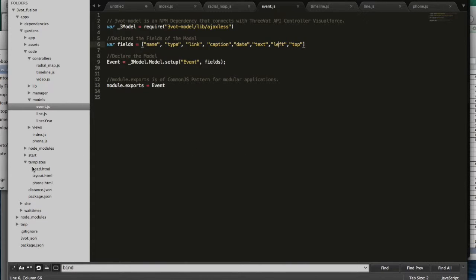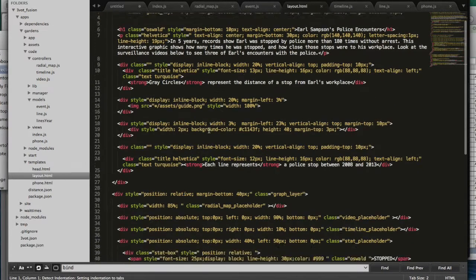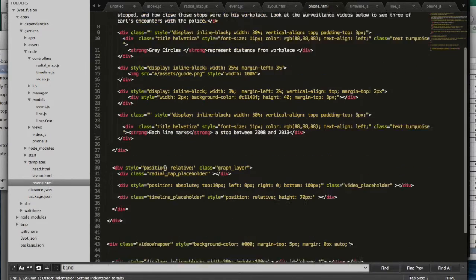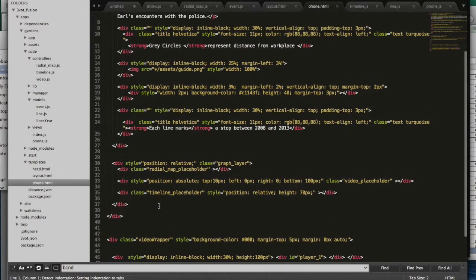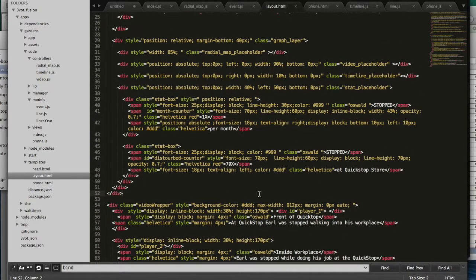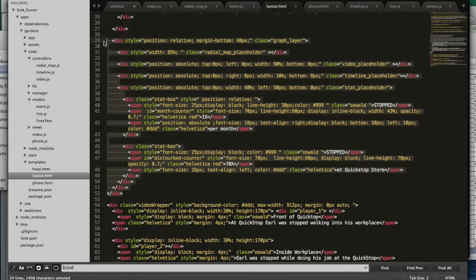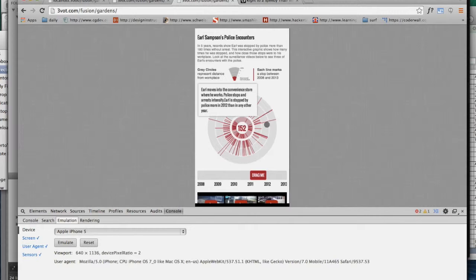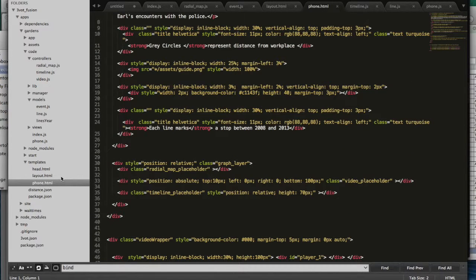Also, we have different starting points. This is the starting point for the desktop version. And as you can see, we got videos here. And this is the starting point for the mobile version. We also have videos actually. What we don't have on the layout is this part. So we don't have metrics on the mobile device because they basically don't fit. So we don't have to send the stuff that we don't need to mobile devices, and that's how we do it. And this is the phone version. So that's basically how I built